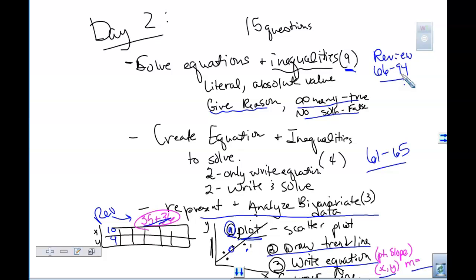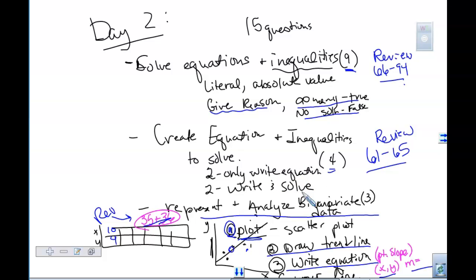The next part of the test, so that's the first 9 questions. The next part will be 4 questions. Create an equation and an inequality. This is like the beginning of the year. This is a simpler equation. So if you look back at 61 to 65 on the review, this was the one